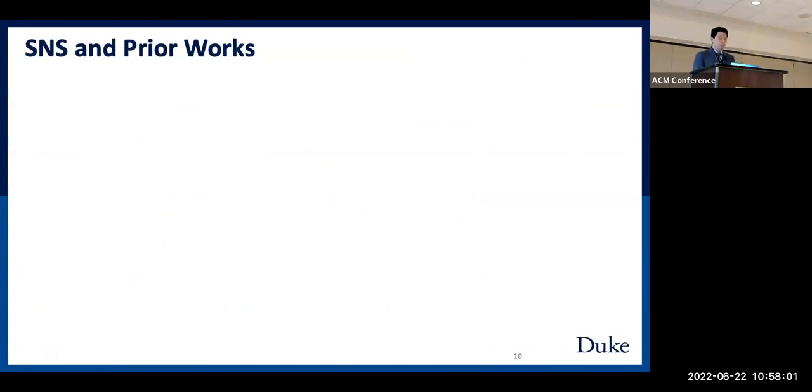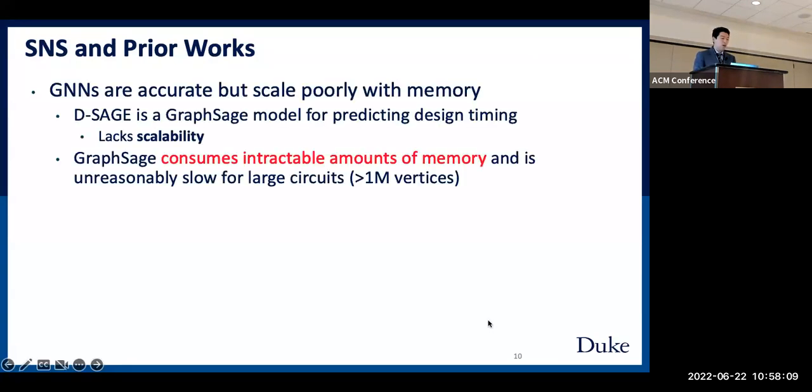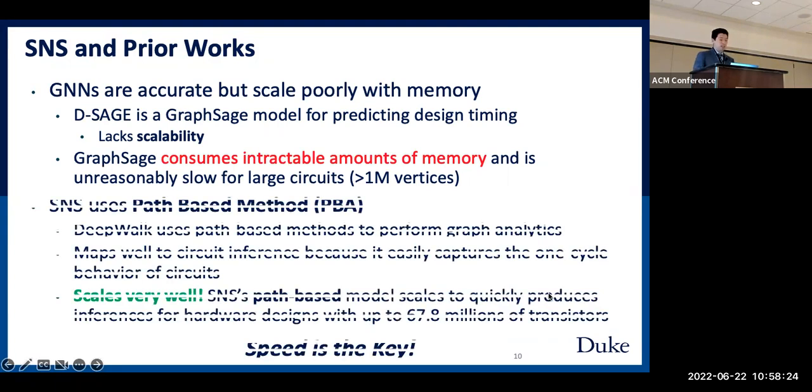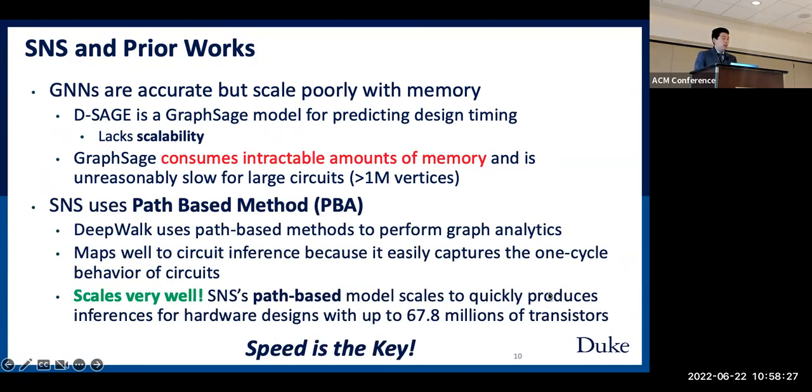Before we discuss the results we achieved by our model and our training set generation, it is important to understand how our model is different from prior work. One work that we learned a lot from is called DSAGE. DSAGE is a GraphSAGE and graph convolution based model that achieves great accuracy on predicting the timing delay of HLS designs. However, it does not fit well into the application scenario of SNS. The graph network based approach does not scale well, as it consumes an infeasible amount of memory to hold the large circuits with millions of vertices that SNS is working on.